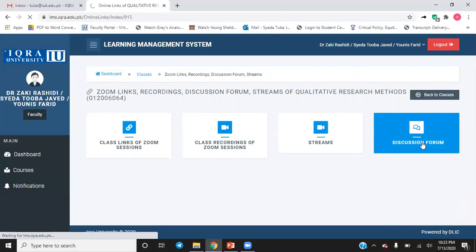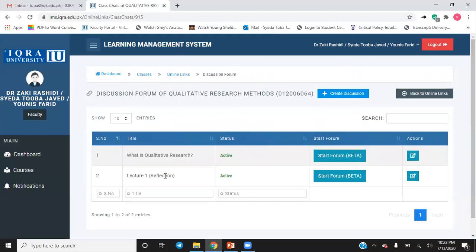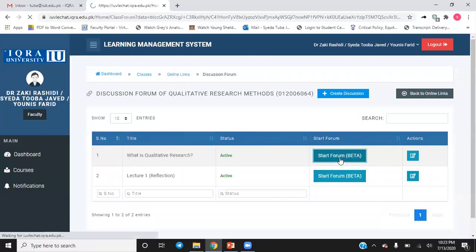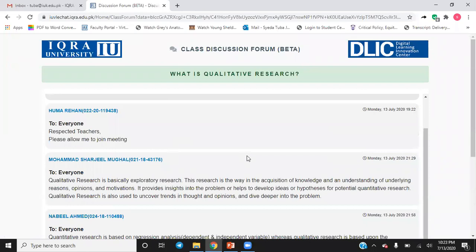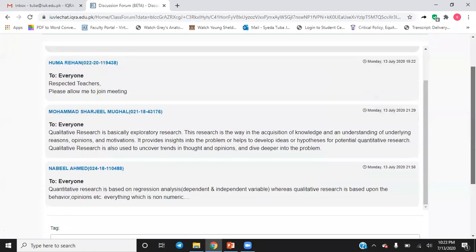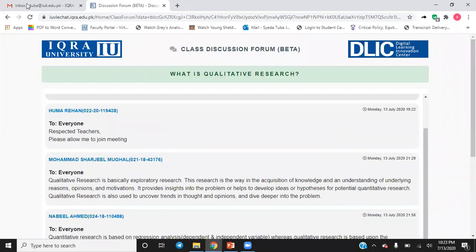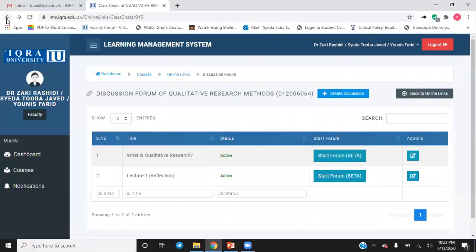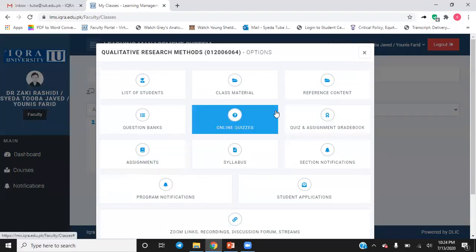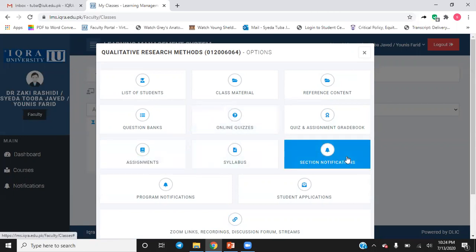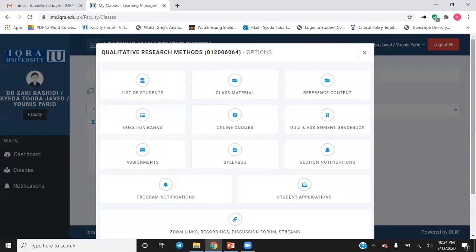Then you can go to the discussion forum, where there are different topics. If you open up a topic, you have a question, and the answer to this question we would have already discussed. Some of you have already answered as well, so you can do that. The more interactive you are in the discussion forums, the better your chances of getting the activity marks. And in the same place, when you have online quizzes, you can do them over here. When you have assignments, you can simply submit them here. So this would most probably be it.